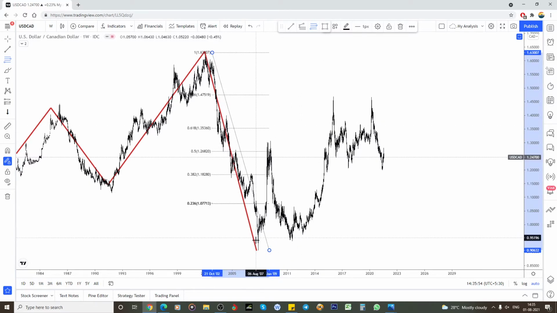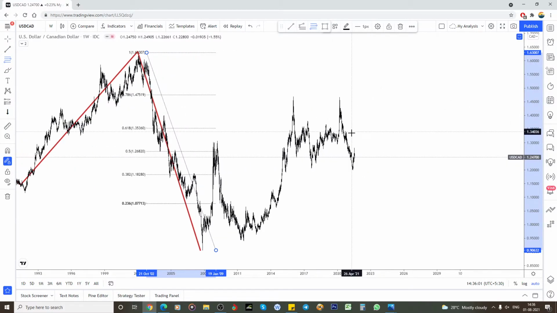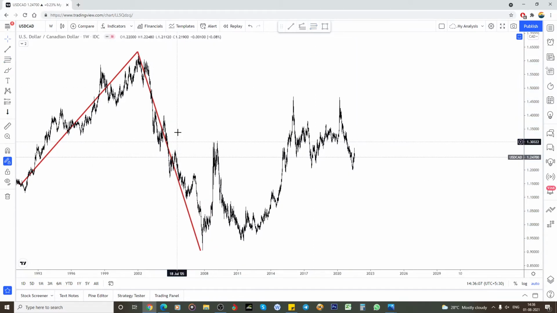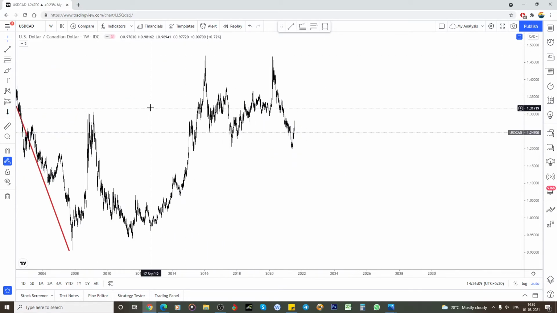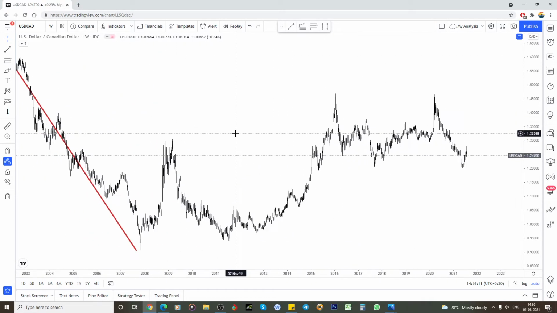So one more high means that we could expect a flat correction here. It's A, B, C, with this B being a B, and again one more high is also possible. We need to look for that in the daily chart, or it would be a weekly chart. It's fine, right?